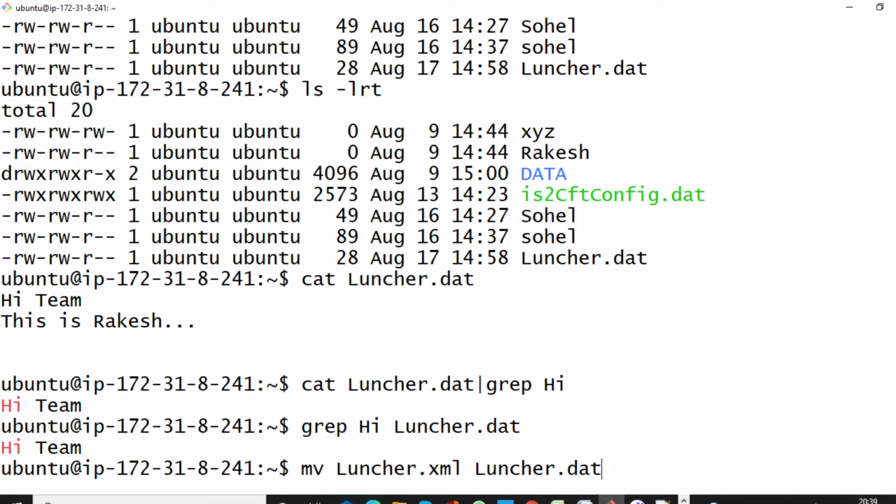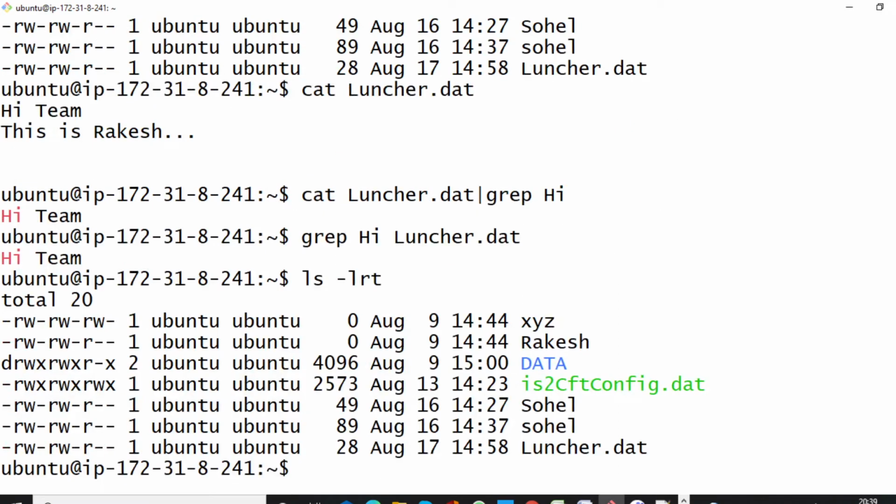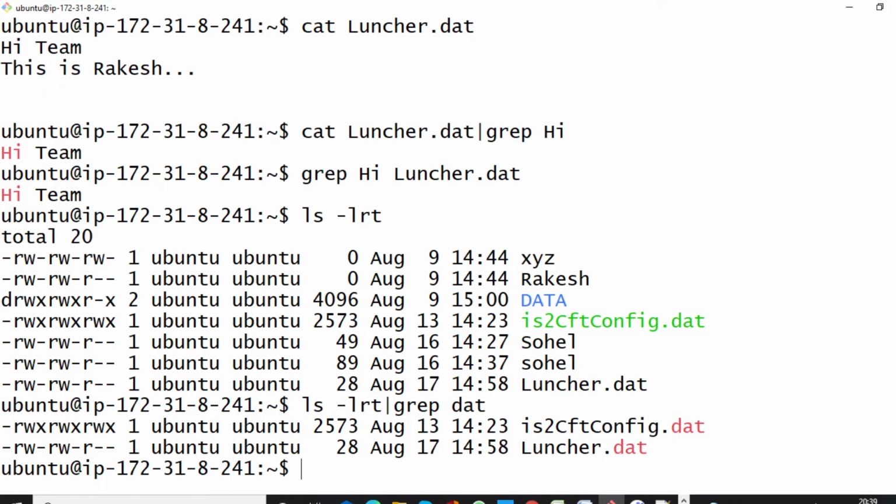Suppose ls hyphen lrt is giving the output of all this. Okay, so I just want to see some specific things. With grep, I want to see only the .dat files, not other files. So how will I get that? Here I am doing ls -lrt, then pipe grep, then dat.